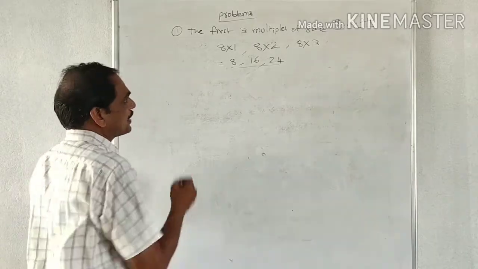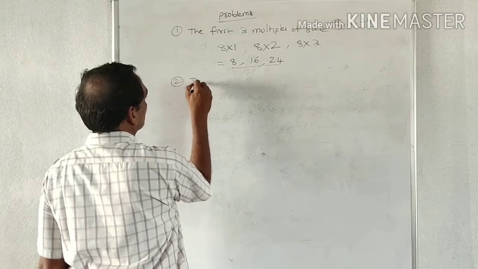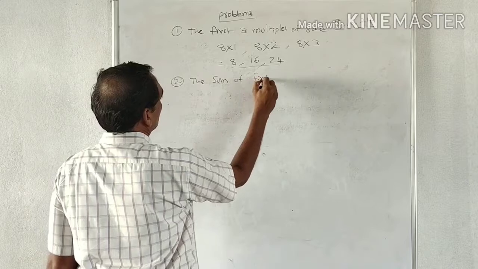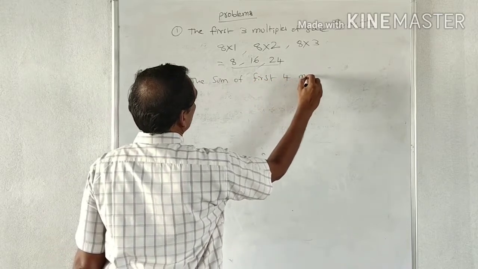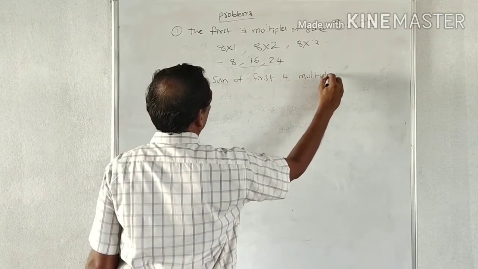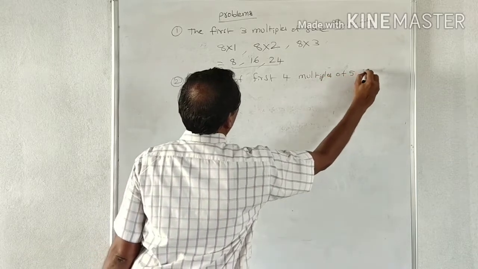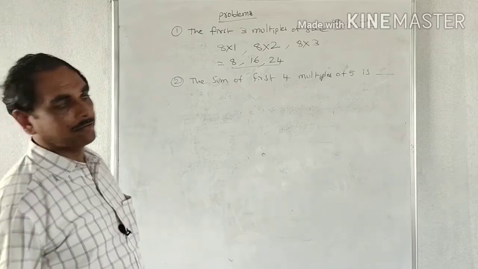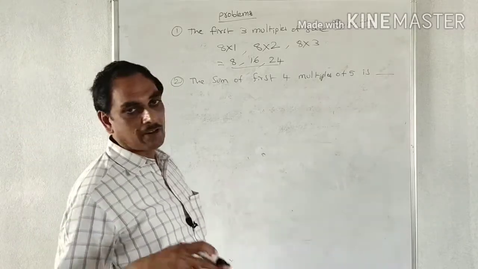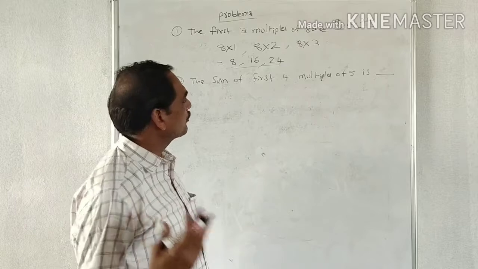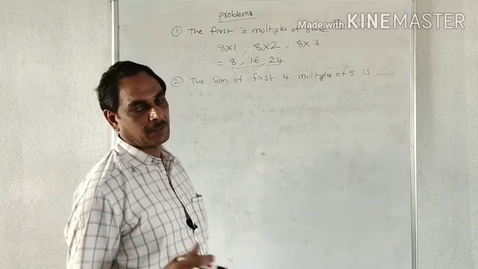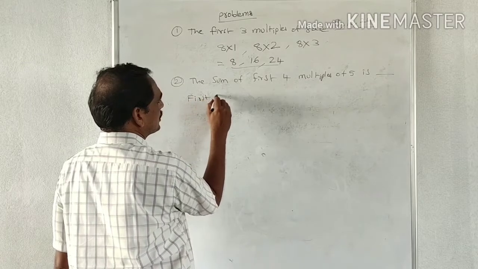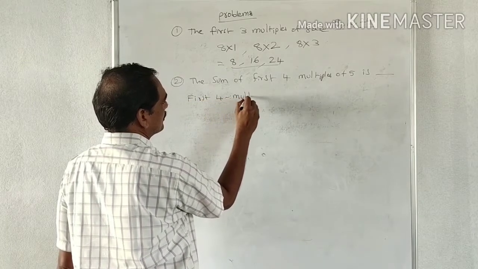Next, the second. The sum of first 4 multiples of 5 is dash. So now we have to find first 4 multiples of 5, and when we add them we get its sum. So first 4 multiples